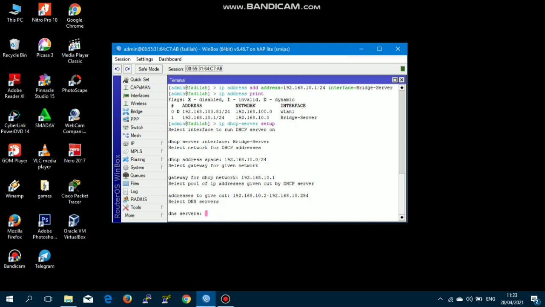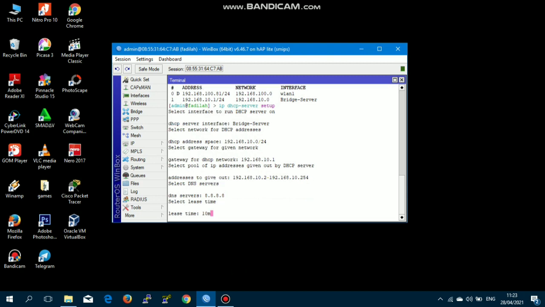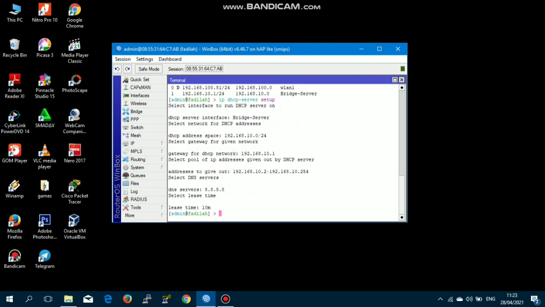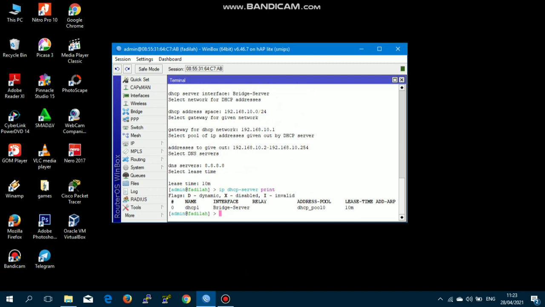For DNS server, I use 8.8.8.8 and the lease time I use 10 minutes. Check the results of the DHCP server configuration with the command IP DHCP server print. We can see here that we have successfully created a DHCP server for the bridge server interface.